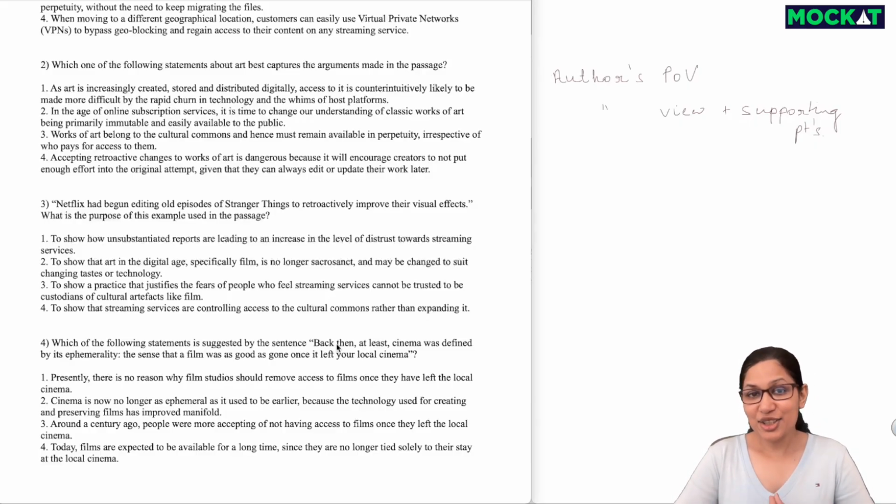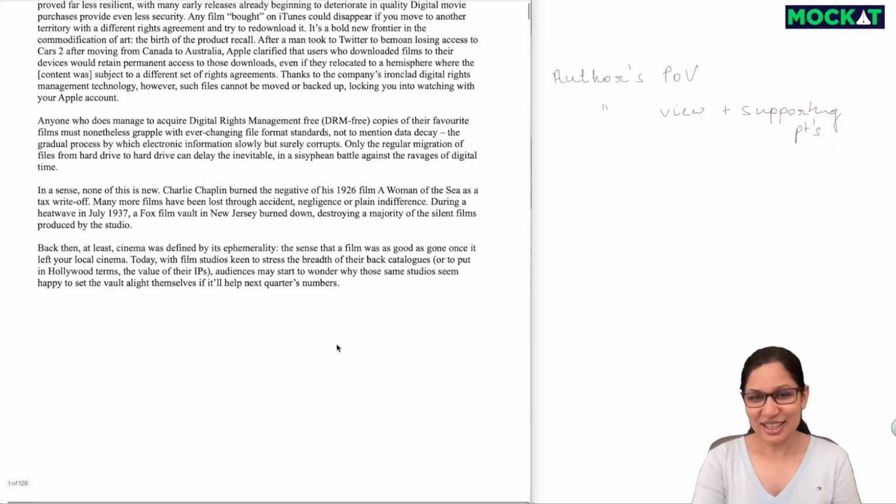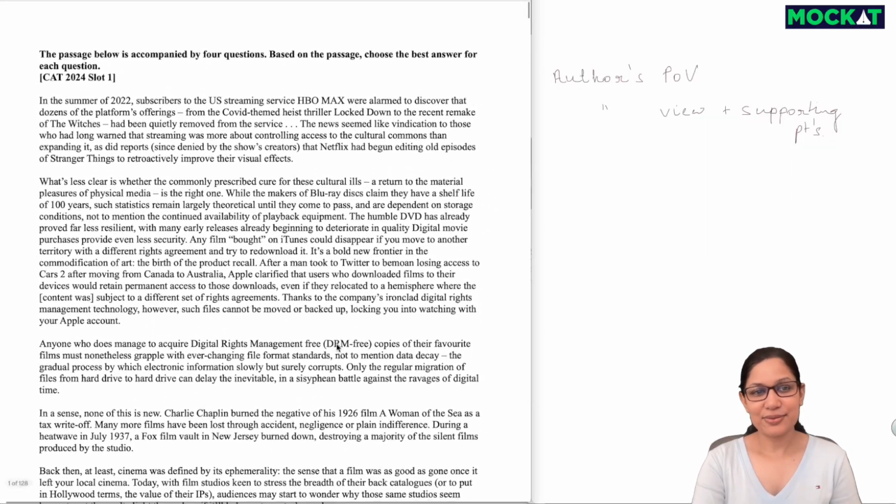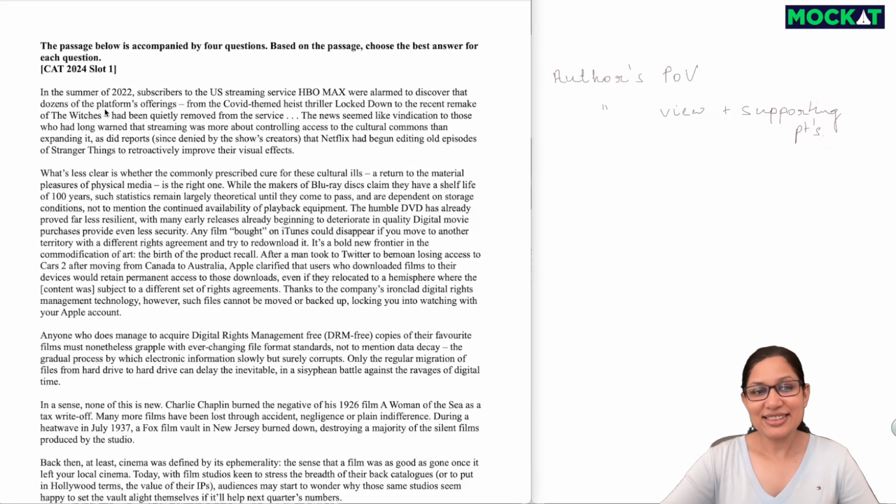So think of reading the questions as giving you a map as to where to drive, so that you can focus on the right parts and read faster and yet boost your accuracy. And now let's start off with the RC itself. Make sure that you've paused and read the RC.